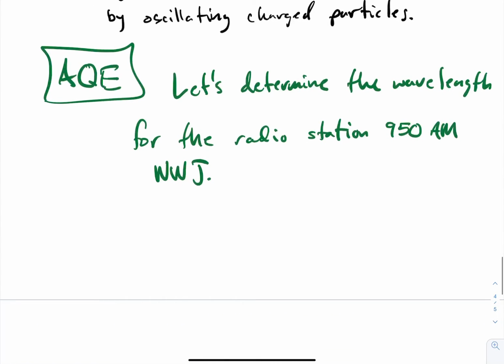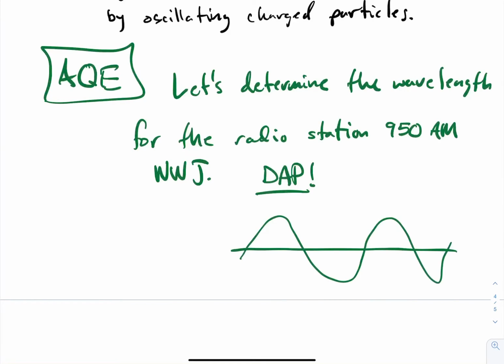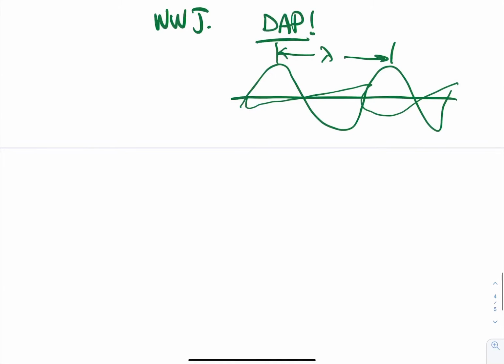So as you recall, a wave, we'll draw a picture, even though you kind of could easily get on without drawing a picture. But our wave will look something like that. Remember the three-dimensional wave, and it will have a wavelength, lambda, and the frequency. And we know that the speed of light is always the same, c equals lambda f. We're given the frequency in the problem, 950 kilohertz, and so the wavelength will be equal to c over f,